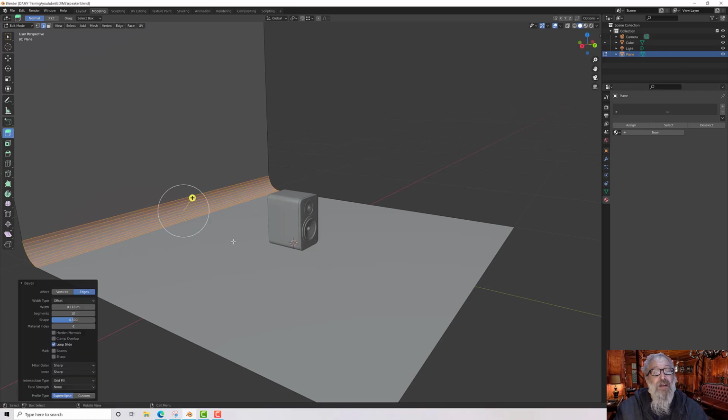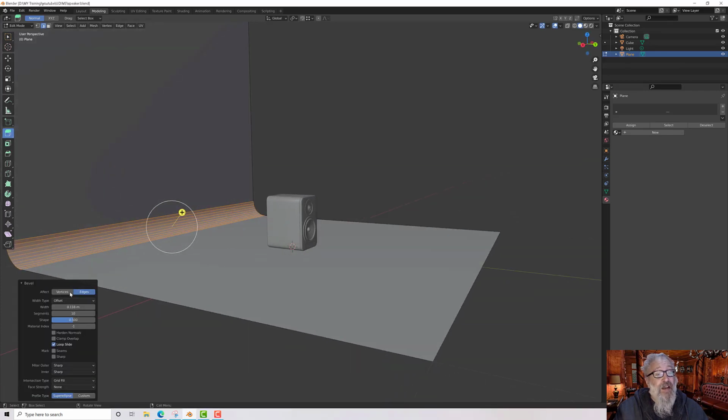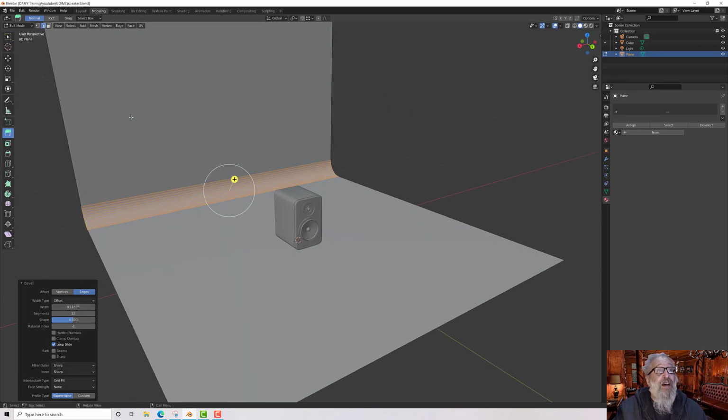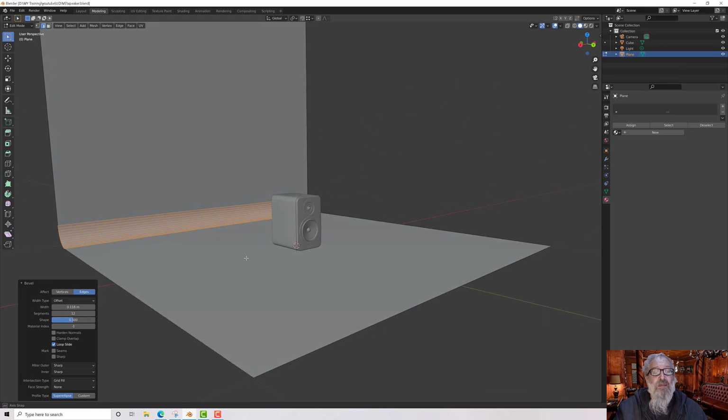And when I'm happy, just hit click, and then we could adjust the number of segments to make it smoother or not. You can experiment with that. You might want something that transitions sort of like in three spaces, so you might only have one. You might want something a bit rougher, but I want it nice and smooth. Okay, so that's got us a nice little piece to work with,